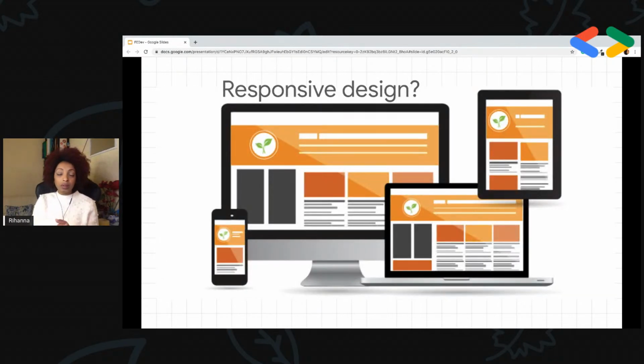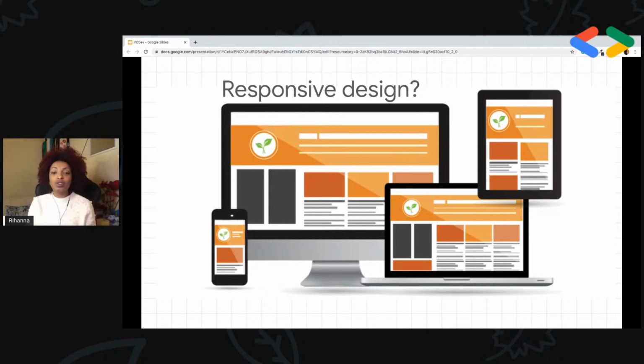Next step, responsive design. Here too, we coded a website or a web application, a web page anyway, that looks good on a desktop, but we have to make sure it also looks good on mobile.